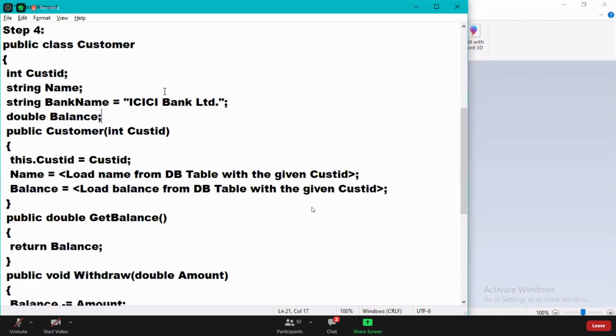Once the server is started, how many transactions are performed? I want to count. With one instance, how many transactions can we do? With one instance, we can do one transaction only. So if I can count the number of instances created, then automatically that is the number of transactions performed.